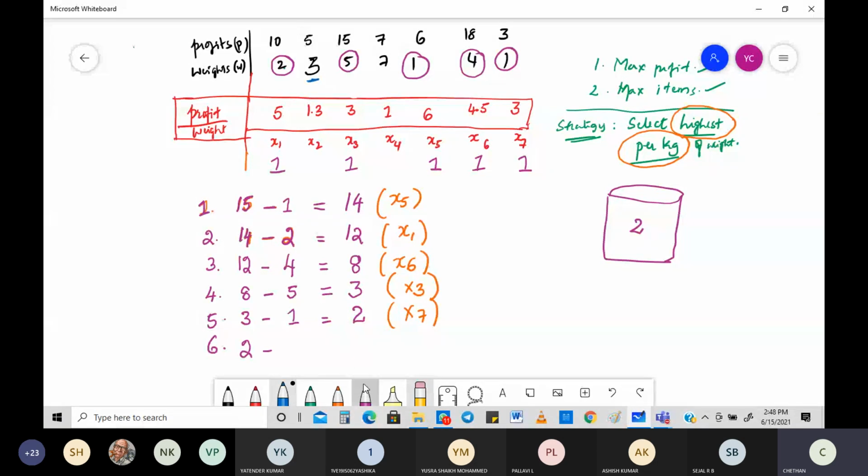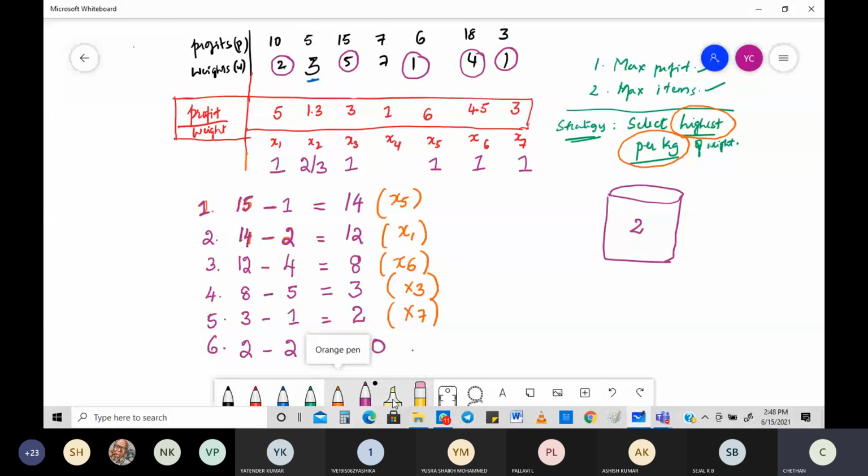So be careful with the way I'm writing this. Among the 3 kgs, I am only selecting 2 kgs, or 2 by 3. This is very important. Why I'm writing all these things is to make sure that you understand this. If I select only 2 kgs, what is going to happen? I am going to get 0.